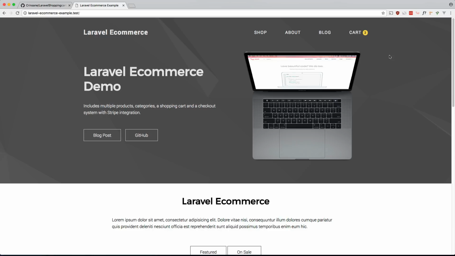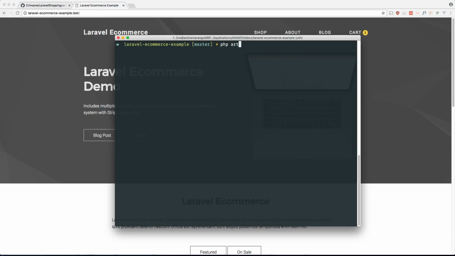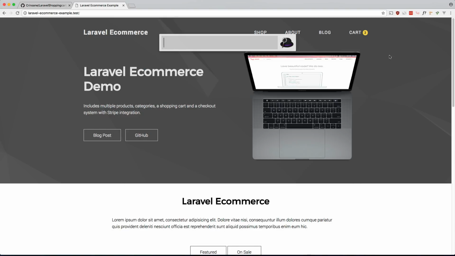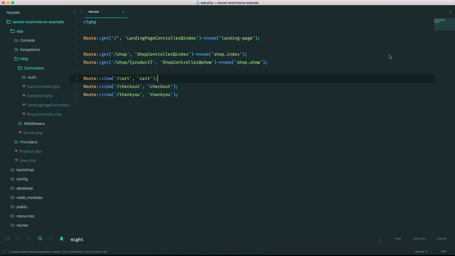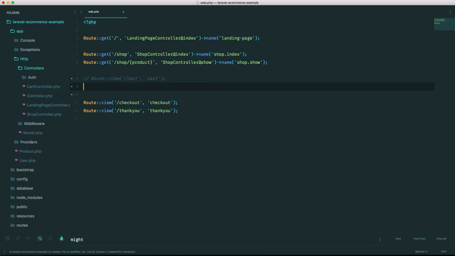So let's go ahead and make a controller. PHP artisan make controller. Let's call it CartController. And let's make it resourceful. Okay. Let's go into Sublime. We don't need that one. And let's just grab this one. Make a new one